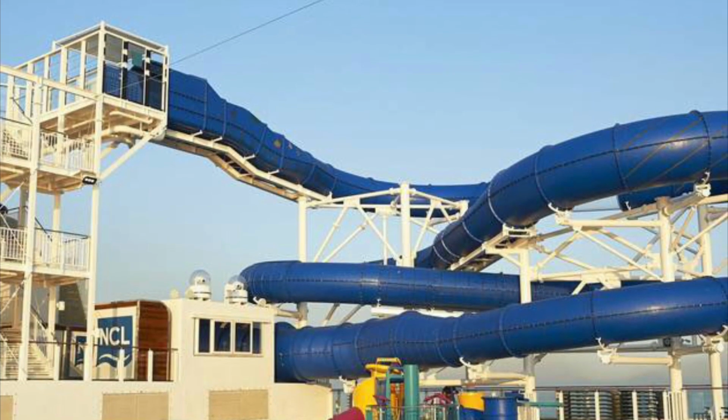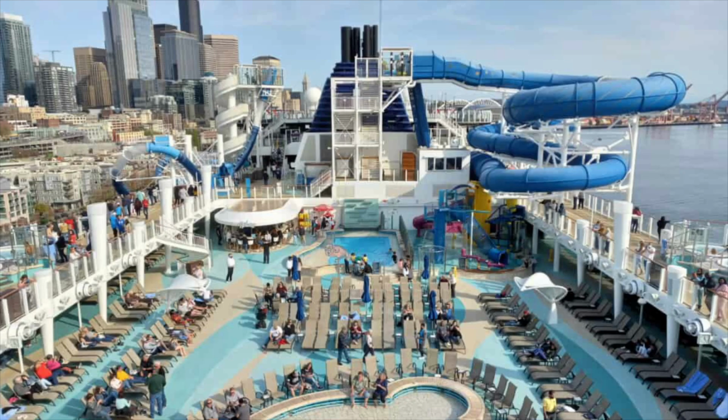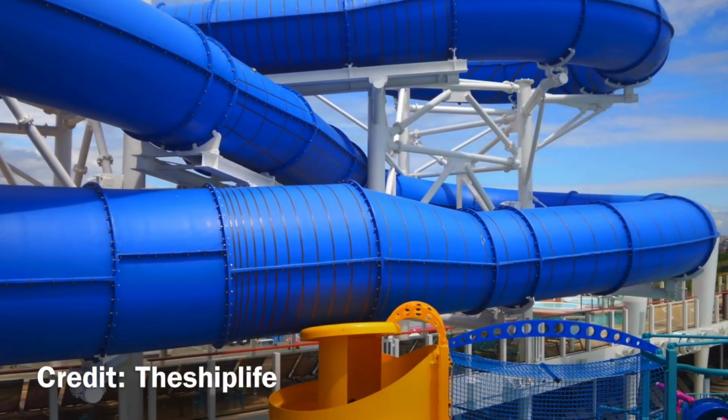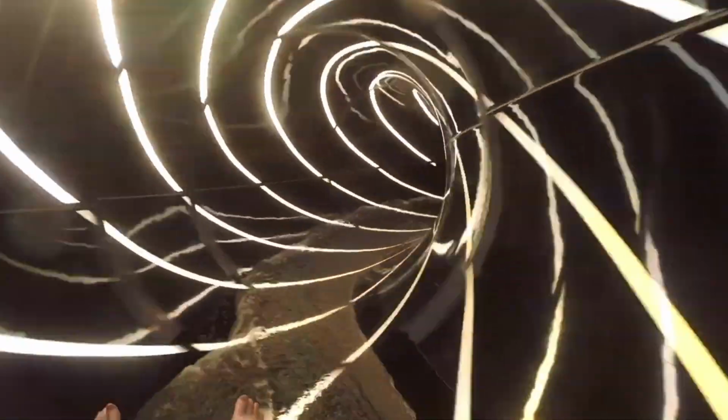Number 3. Aquaracer on Norwegian Cruise Line. Found on Norwegian Escape, Norwegian Joy, Norwegian Encore, and Norwegian Bliss, Aquaracer adds a competitive side to a typical raft slide. You can choose to sit on a 1 or 2 person raft and can race your friends and family